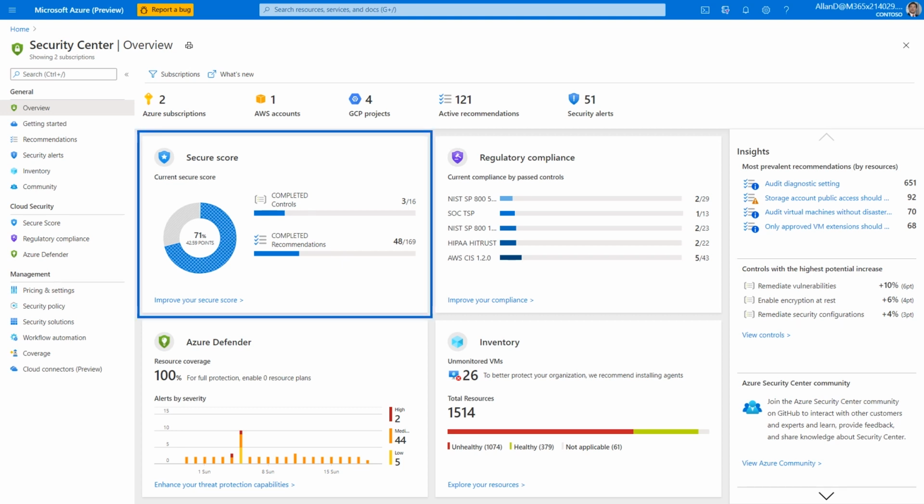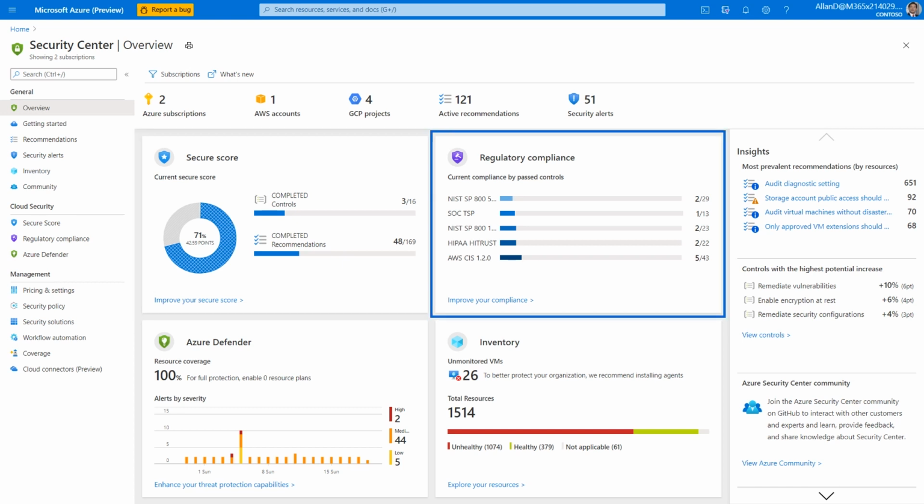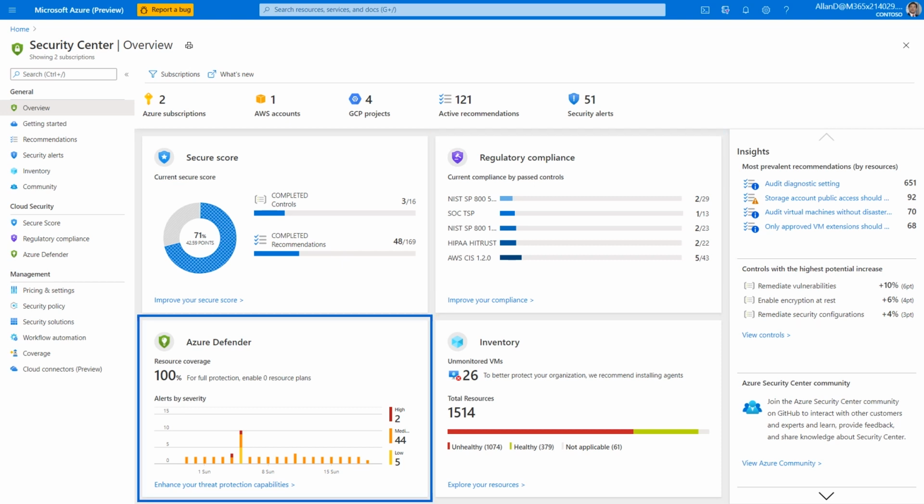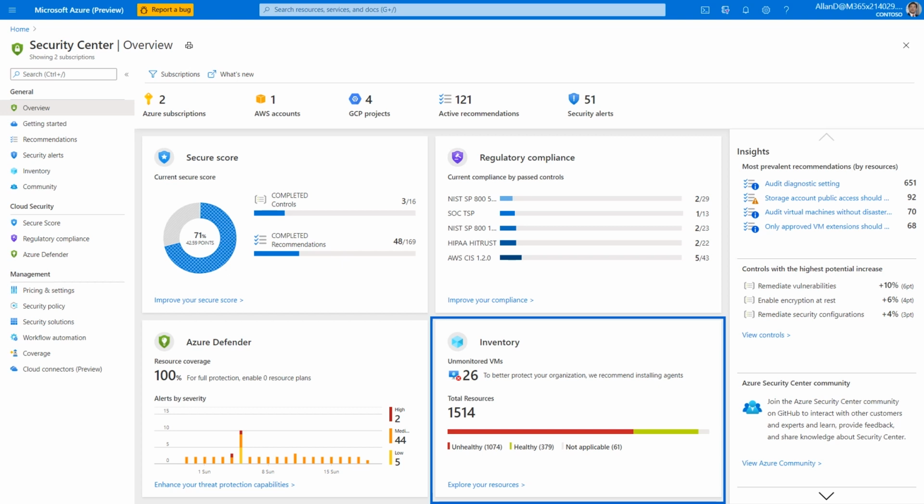So on your first look at the dashboard, you'll notice several components as well as a navigation pane on the left-hand side. Most of the common components are right there in the center. First off, in the top left is Secure Score, which helps you understand the current security posture of your organization. Next to that is regulatory compliance, which shows you the current compliance state of your organization. In the bottom left is Azure Defender, which is an entry point and a view of any Azure Defender alerts. And finally, in the bottom right, inventory, which shows recommendations from Microsoft Defender for Cloud for all of your connected